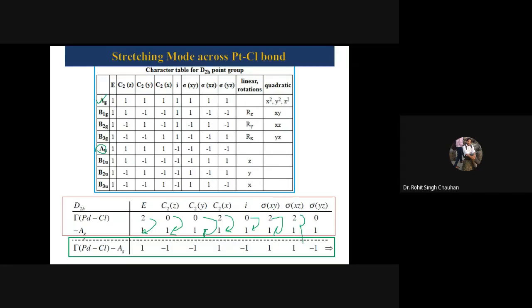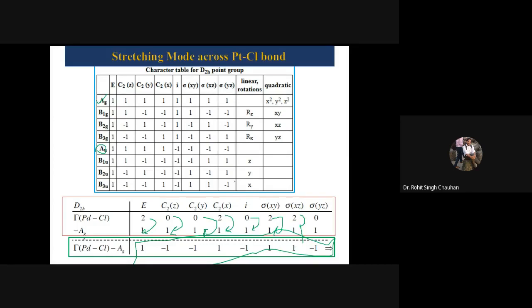Now the next job is to see in which irreducible representation these particular characters are available. Now see, 1 minus 1 1 minus 1 1, here what is there is -1, so this cannot be. Okay, now see the second possibility, we will see B3u: 1 minus 1 minus 1. Okay, here also there is -1. Now with respect to C2x it is 1, this is also 1. Now with respect to i this is -1, so this one is also -1. Sigma xy, it is 1, so it is 1. xz again 1, and sigma yz, it is -1.